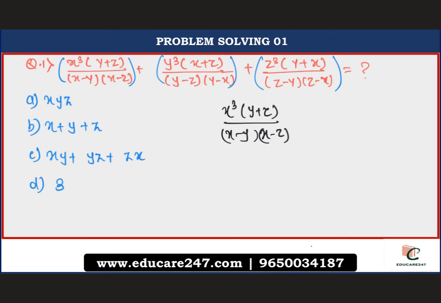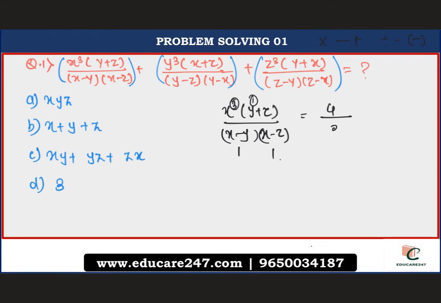So let us start with the numerator. Here the exponent is 3 and it's been multiplied by an exponent of 1 of variable 1. So in the numerator the overall degree comes out to be 4, right? What about the denominator? Here it is 1 and here it is 1, right? But it is multiplied. Whenever degrees are multiplied, they are added. Whenever they are divided, they are subtracted. Always keep this in mind.